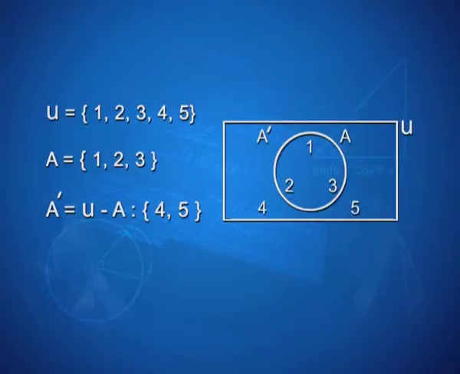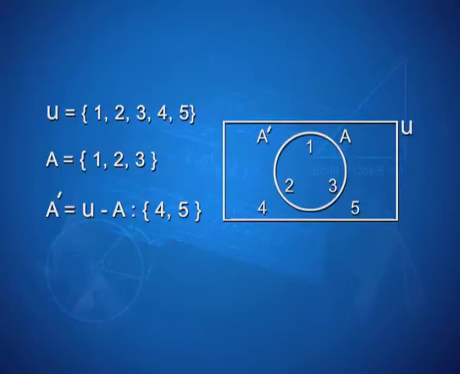With the help of a Venn diagram, it can be represented like this. If U is the universal set and A is the subset, then all the elements of set A are written inside the circle. 1, 2, 3 are written within the set A. But the elements which are not part of set A but are part of the universal set are written outside the set. That is, 4 and 5 are not part of set A, so they are written outside the set. So elements 4 and 5 will be a part of the complement set.